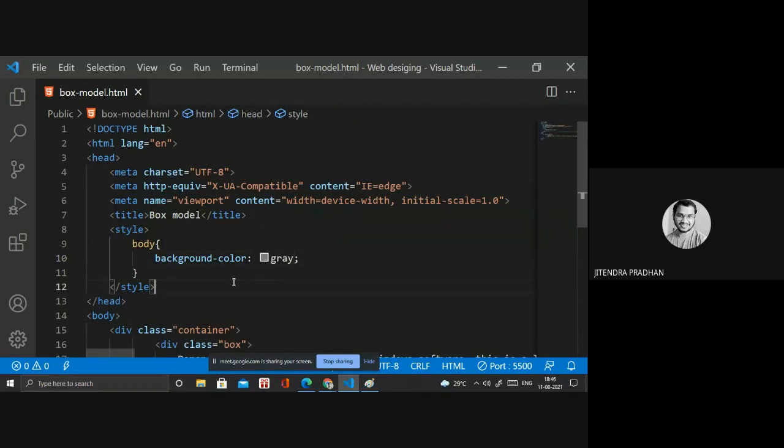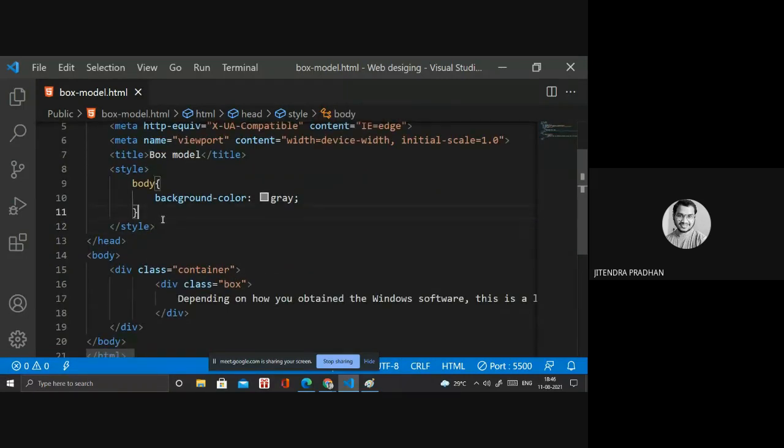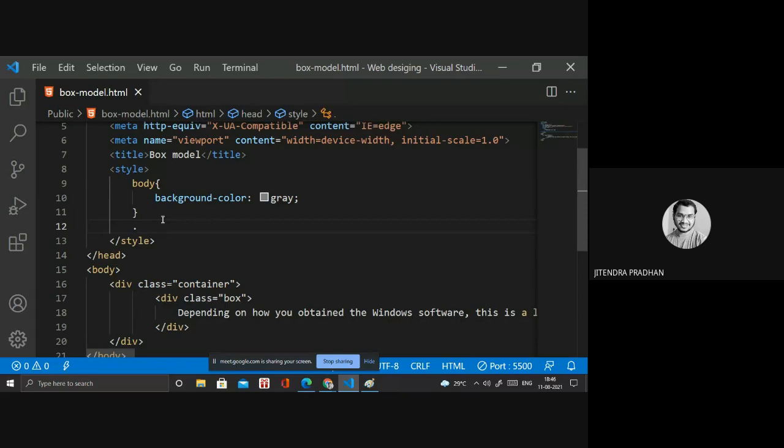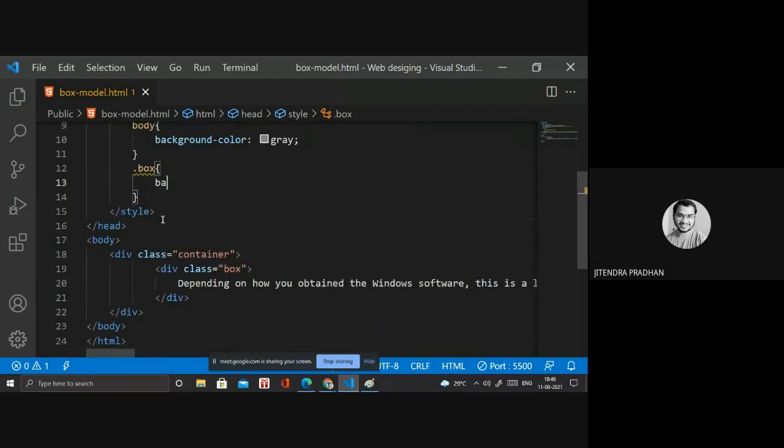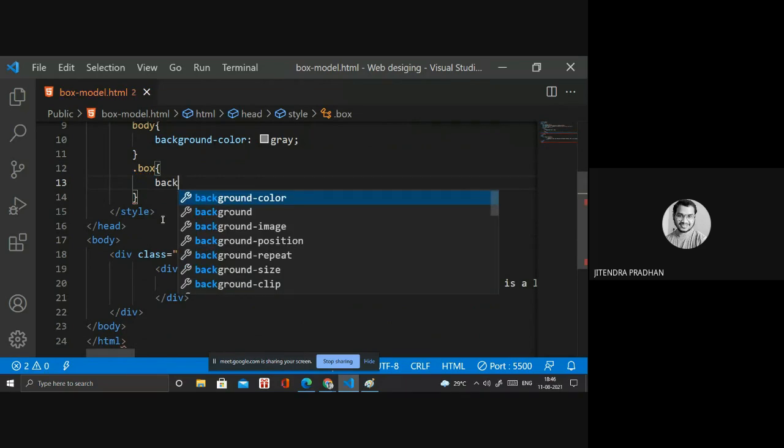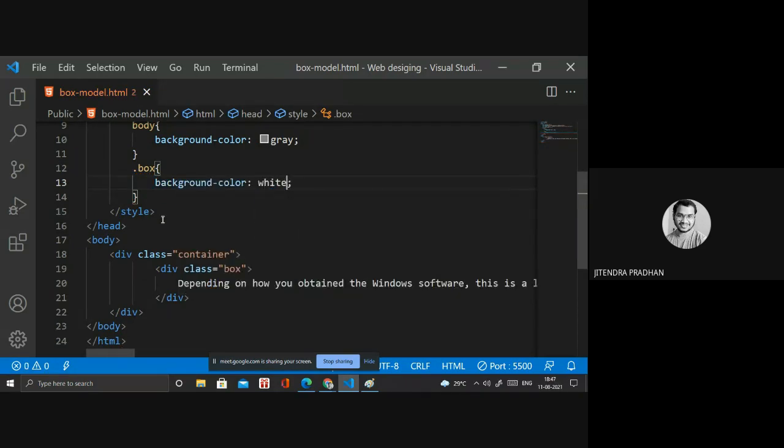Okay, next we have the box, we have to design the box. Inside I need the background color, it's white.